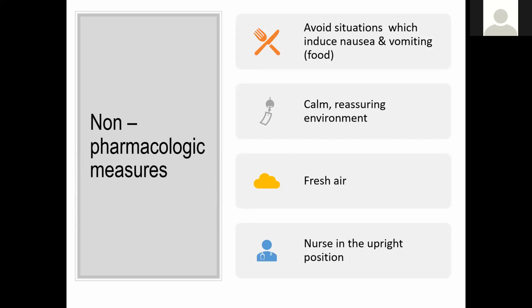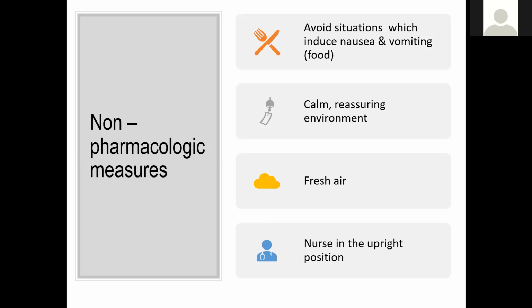In many homes, when you go for home care, they would be crowded or unhygienic, or there won't be any fresh air, unclean clothes. They might have vomited, and the vomiting tub or the basin would be kept just near the patient. So by looking at it or even smelling it, they will start vomiting again. So make sure that the environment is clean, which includes good wound care also.